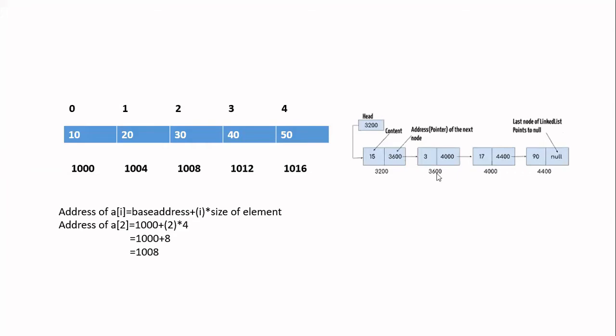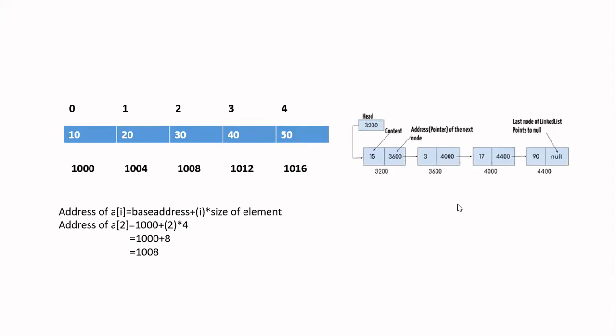Now in this, I want to get the address of 17. If it is array-based implementation, directly you have the formula. If you see the addresses there, all the addresses differ by the same number, 4. That 4 is nothing but the size of the data you are storing in the memory location. But here, there is no connection between the addresses. Even though here there appears to be a difference of 400, in actual there is no connection between the addresses. One address can be 3000, another can be 5000, another can be 5500, anything. There cannot be any relation between them.